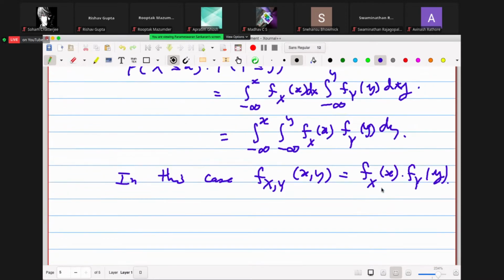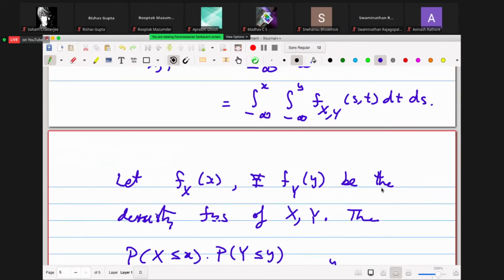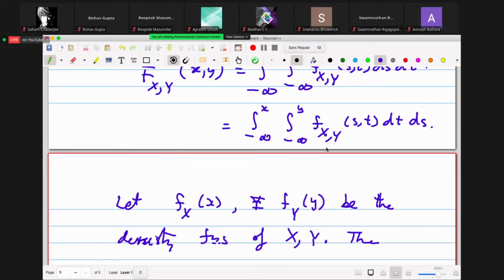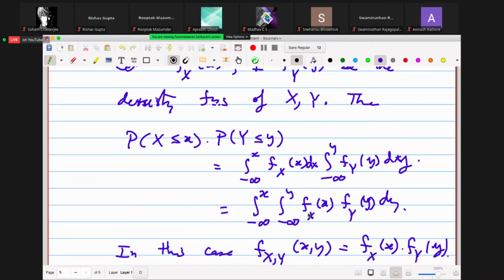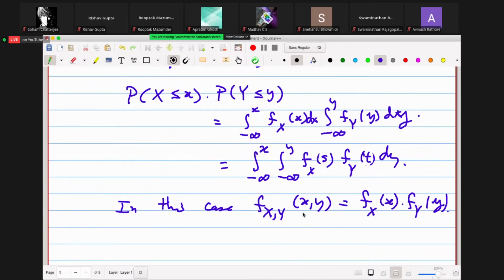In fact, if you just stare at these equations, you can just look at the difference. Fxy and fxs. Sorry, here I should have written s and t. I should write s here and t here. So this is s going from minus infinity to x and so on and so forth. If you look at this integration, I just